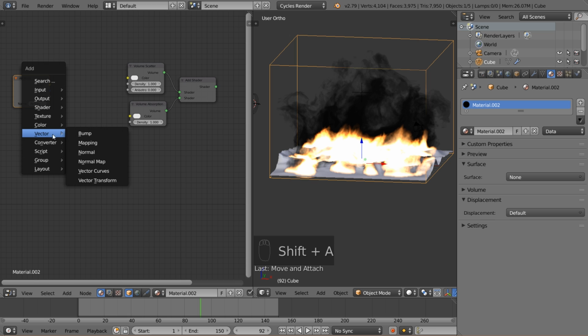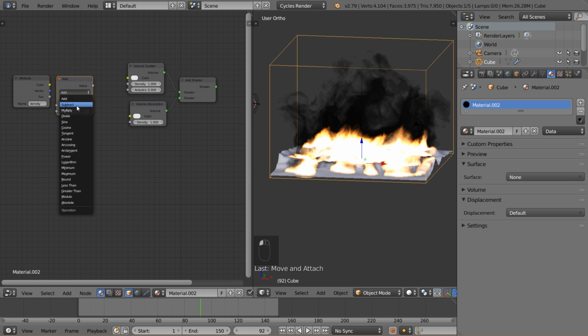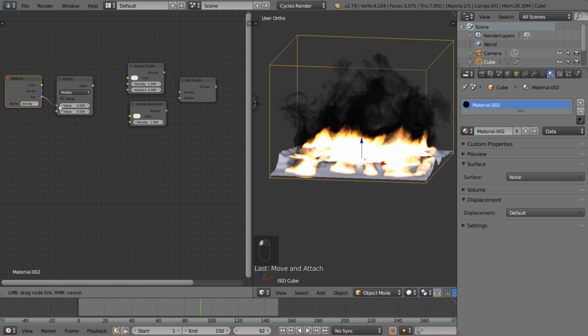So I'm going to go ahead and add a converter math node, and we'll change it to multiply. This basically allows you to adjust the intensity of the smoke. You can think of it as adjusting the density, because it multiplies it and makes it more or less intense. So you're going to plug this into the top. And for the bottom value, I found a value of about 50 looks good, so this is going to be your density value. And then it can go into the density of the volume scatter and the density of the volume